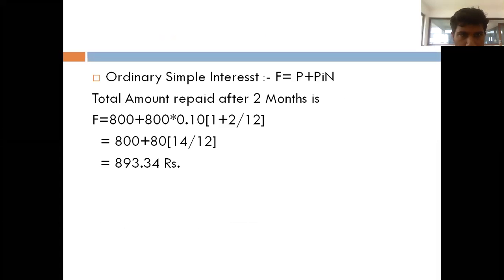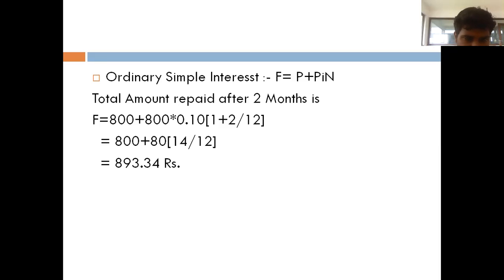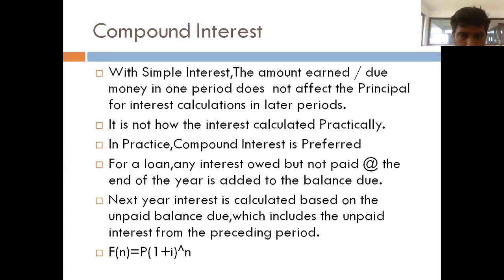Ordinary simple interest: F equals P plus P into i into n. So interest plus principal amount, here it is the total amount. The future amount has to be paid for the duration of 2 months. It is 893 rupees, by doing all the calculations we'll get that. Coming to the next,